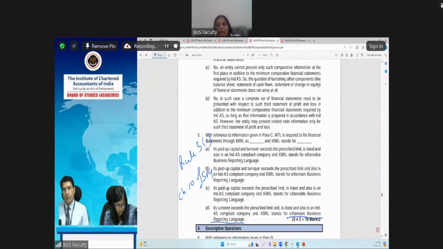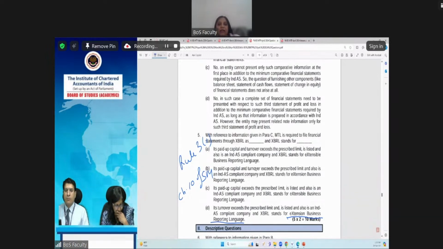If we see, this MTL, first of all, is a listed company, we know that. It's an Ind AS compliant company, this also we know. And then we also know that it has a paid up capital of rupees 50 crore and turnover of rupees 500 crores. So once we see all these situations and we see the options that have been provided to us,